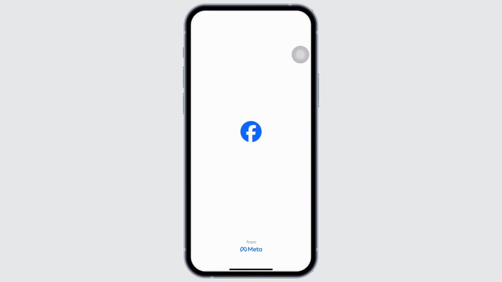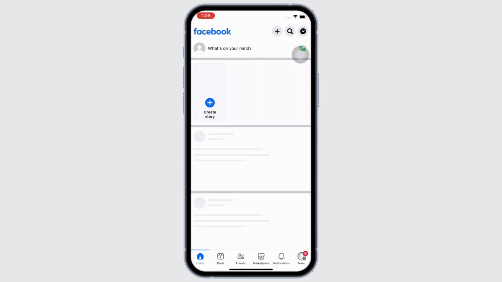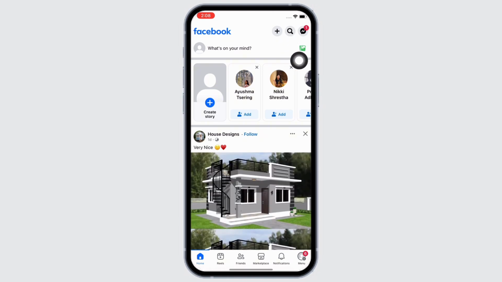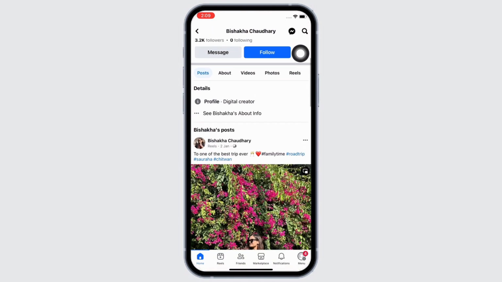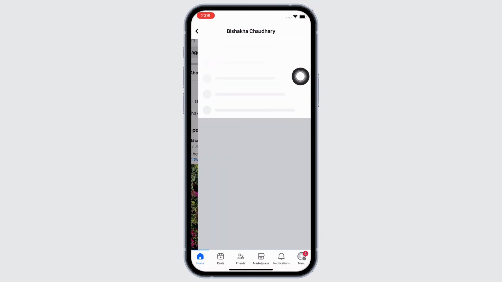Firstly, go ahead and open the Facebook application and make sure that you are logged in, and now tap on the search bar and search for the profile you are trying to delete. Once you are in that particular account, tap on the three dots you see there and you will be led